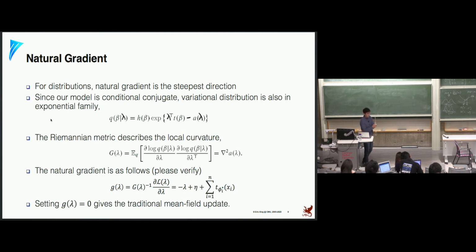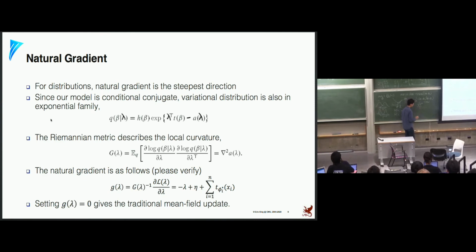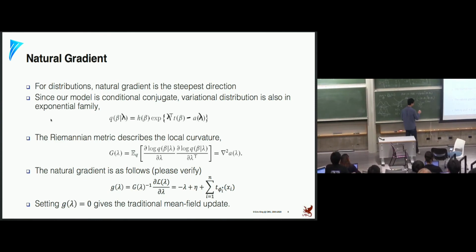Okay. So that's how this thing called natural gradient is invented. So what natural gradient does is essentially we don't use this term, but instead we use the Fisher information matrix, which is the negative of the Hessian of the log likelihood.